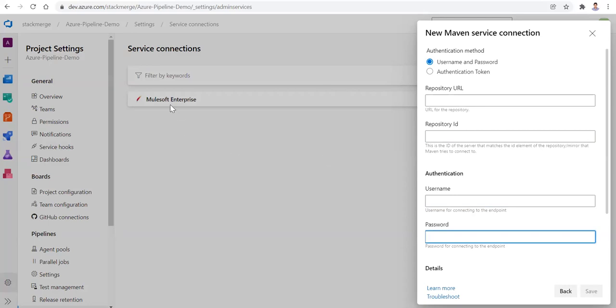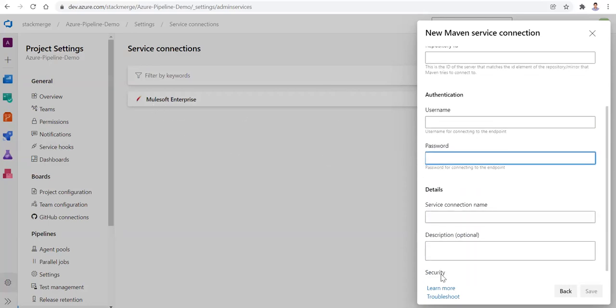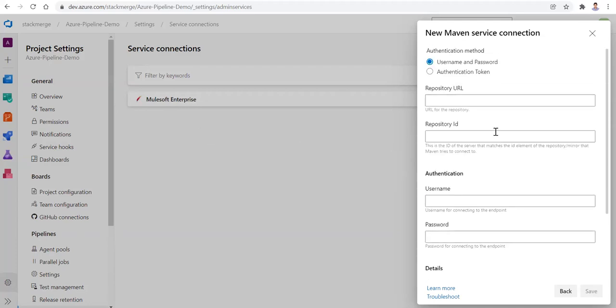You need to give a service name over here. I gave the service name as MuleSoft Enterprise. Once you add this, we are going to use it in our pipeline to authenticate our Maven for Nexus, so that our dependencies will be downloaded properly.